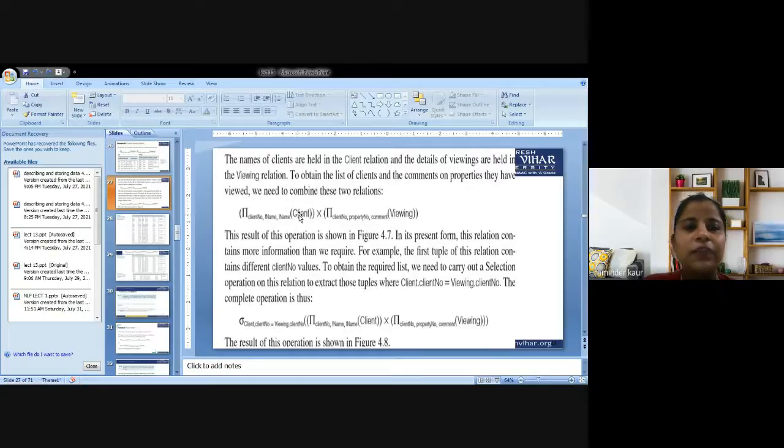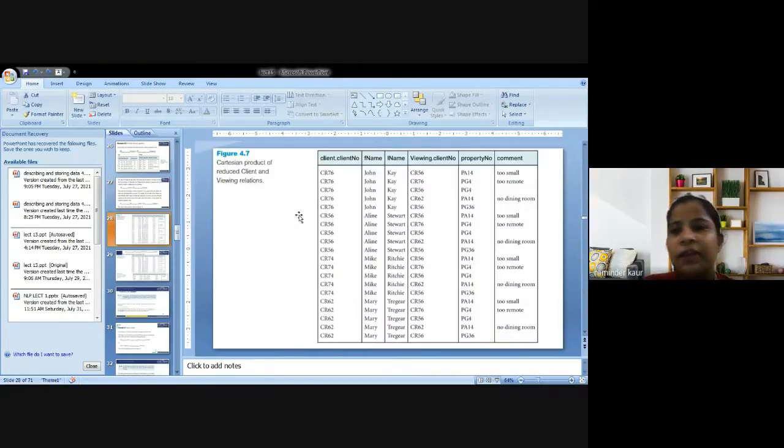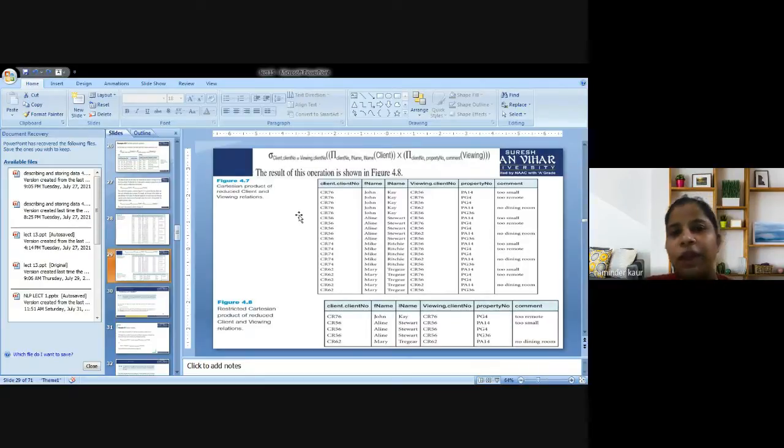So that is why there are two tables given here. This is the first relation in which 20 entries are there. Now this is the more refined operation in which we are supposed to apply the select operation. Because we are dealing with the comments, this is the comment here, of those who have viewed the property for rent. So these are the comments here.